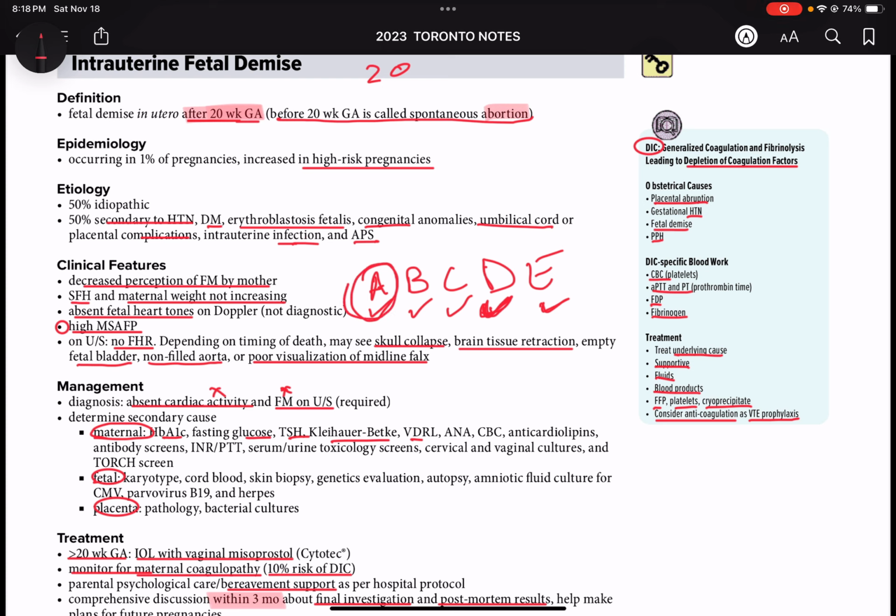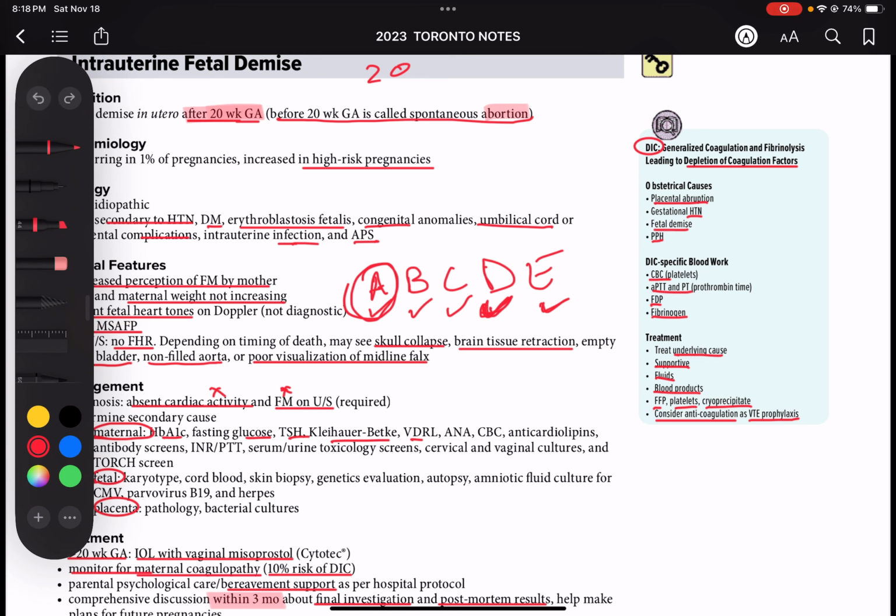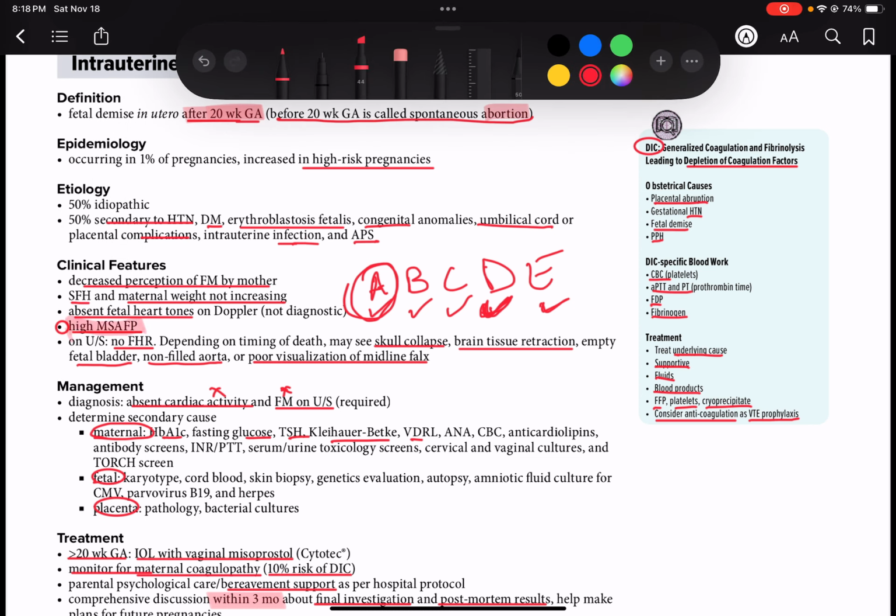So if they say that there's decreased perception of fetal movements, and then when you measure the symphysiofundal height, it is lagging behind. And if the maternal weight is not increasing as it should be, and then we do the Doppler, we don't hear the fetal heart tones. And then if we do blood testing, maternal serum alpha fetoprotein is high. That would be an indication towards intrauterine fetal demise. On ultrasound, no fetal heart rate. So these are some